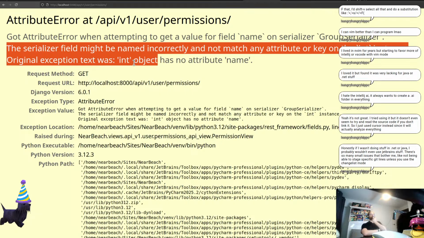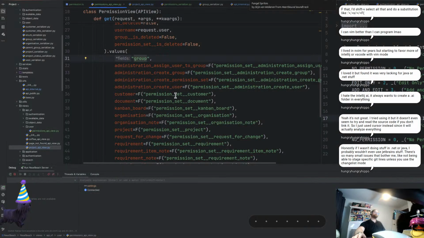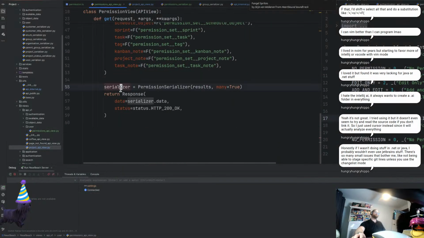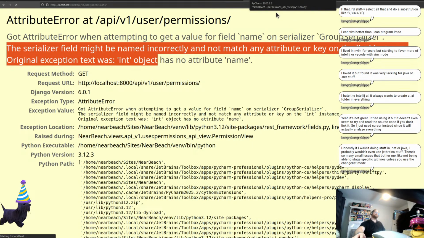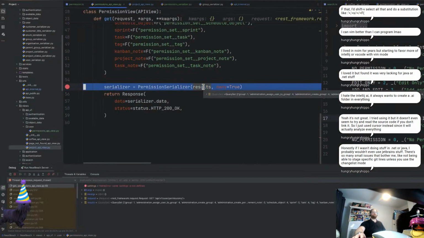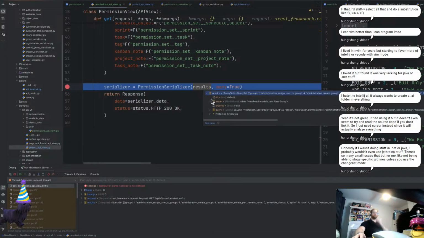Now I know what the problem is. This data is essentially just getting that field. It's not getting it as an object or a foreign key. So if I put a breakpoint there, let's go over here. Let's hit refresh. So here we are. If we hover over results, you'll notice that